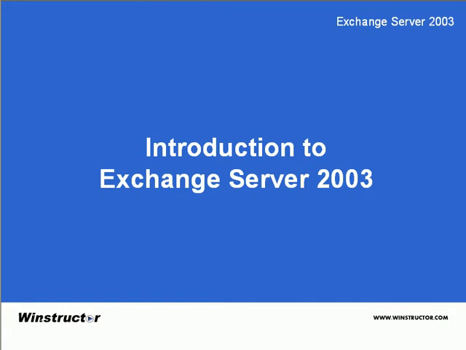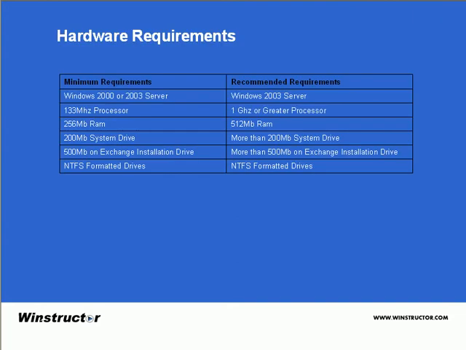Now, before we start installing Exchange 2003 and seeing what it has to offer, we first need to ensure that we have a server that meets the requirements for Exchange. To run Exchange 2003 properly, you're going to need a system that's running Windows 2003 Server or Windows 2000 Server with Service Pack 3 or higher. And if you plan on running the Enterprise Edition of Exchange 2003, you'll need the Enterprise or Data Edition of Windows 2003 Server. And if you want to run the Standard Edition of Exchange, you can use any edition of